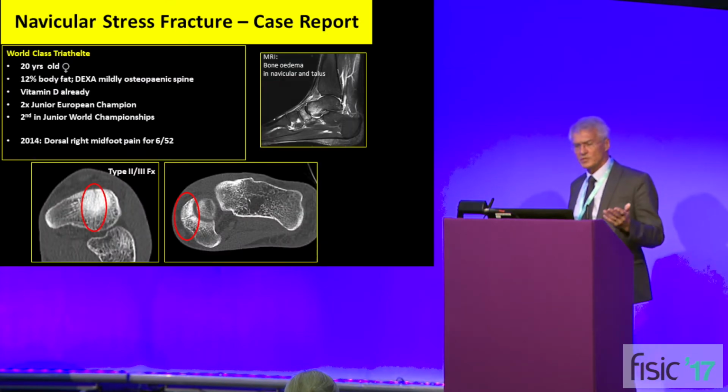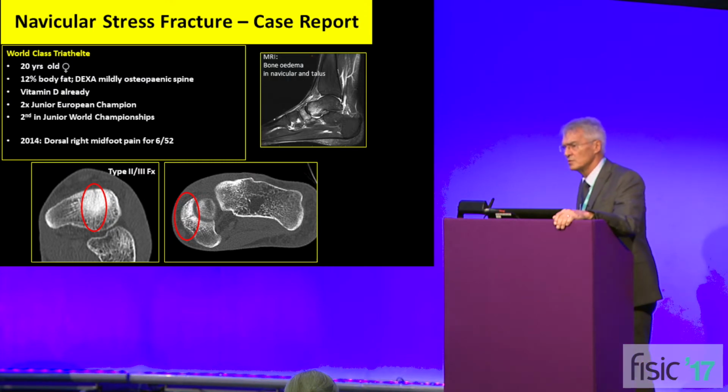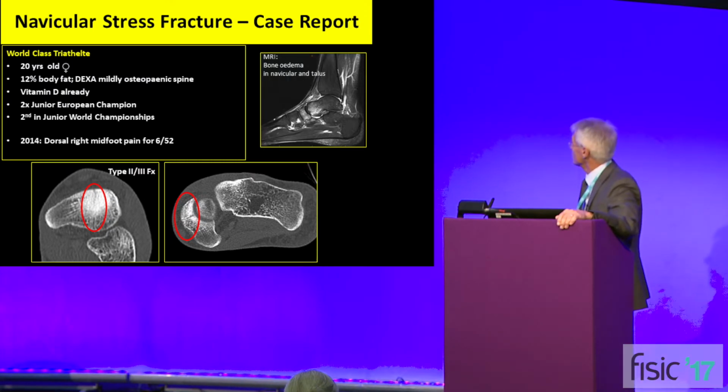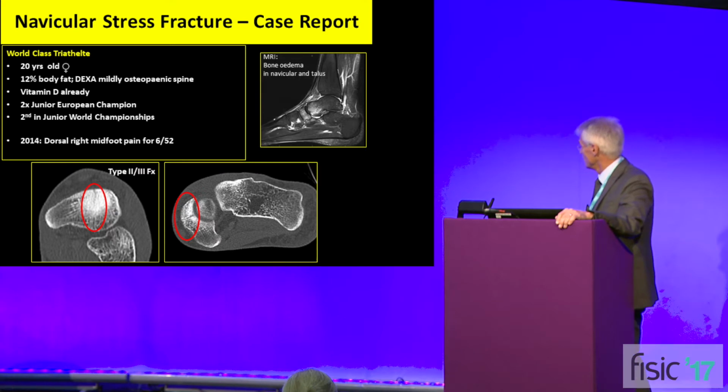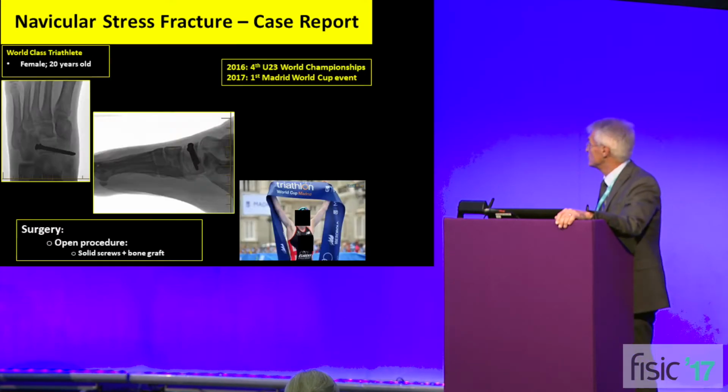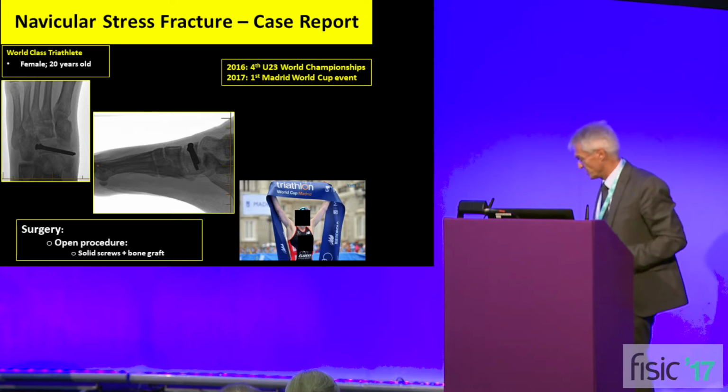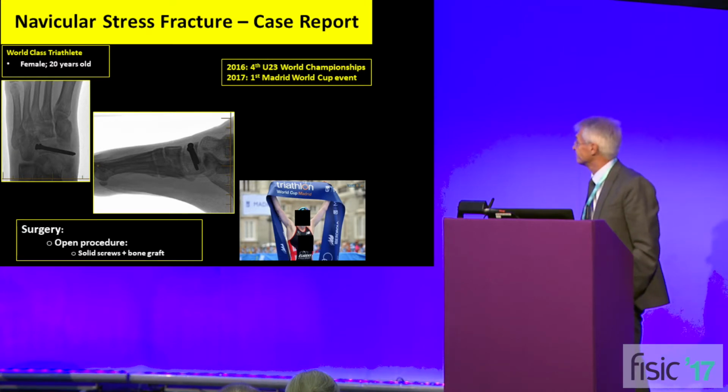Then we've got the kind of patient that may come to see Cathy. It's a 20-year-old female, 12% body fat, mildly osteopenic, second in the Junior World Champion Triathlon Championships. She developed 6 weeks of pain, and then this was her CT scan. Now, I think it's graded as a 2. I think this is probably a vascular marking here, but it was looking a bit sclerotic. So I really felt we've got no choice but to do something with this. So once again, 2-screw fixation, but this time I opted to open it and to put some bone graft in. And she's come back, and she's once again in the seniors now and doing extremely well.